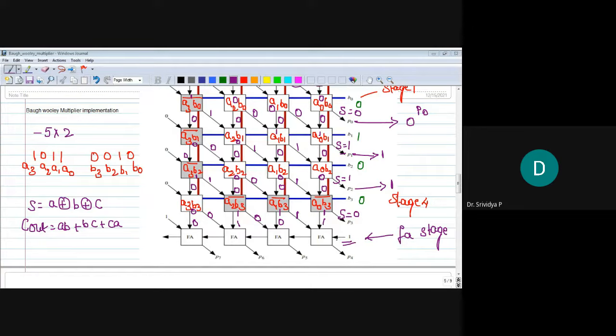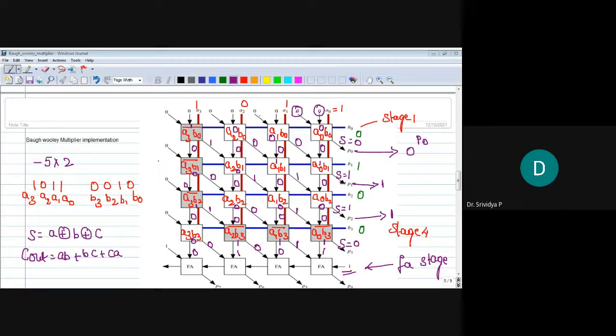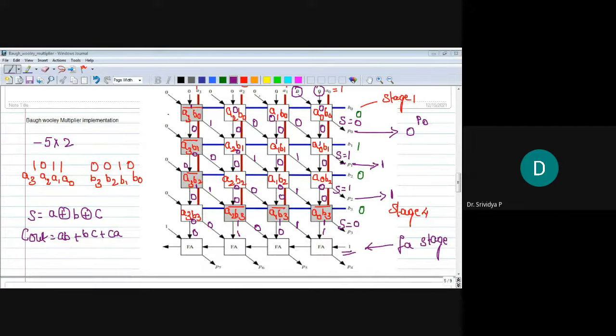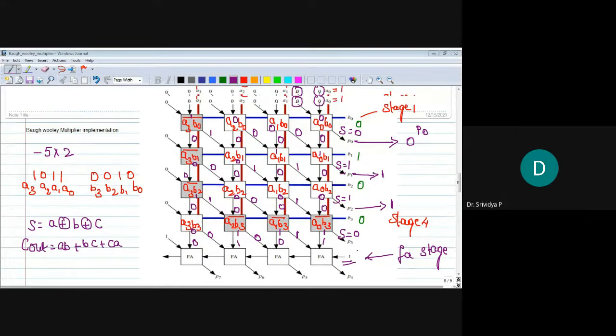So before you start, you must know the general structure, what I had shown. What are the inputs? Default inputs you must know. So what is the default input? For all MSB bit, one of the input bit will be 0. Whereas in the full adder stage, one of the input will become 1. Remember that. First, a default block diagram should be known before you start filling all the blocks like this.